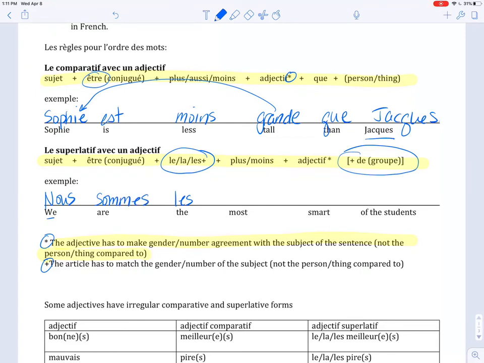And again, it's always going to be the verb être because we're saying we are the most smart. So for most, we're going to use plus intelligent. Didn't really give myself enough space to write that. And again, the intelligent is agreeing over here with nous, which we just talked about was plural. So we're going to have an S on there for agreement because this adjective is going to agree just like the comparative adjective does. And the group in this case is of the students, des élèves. So we've got the de for of the group and les élèves, the students. So of the, in this case, the de and les contracts into des.